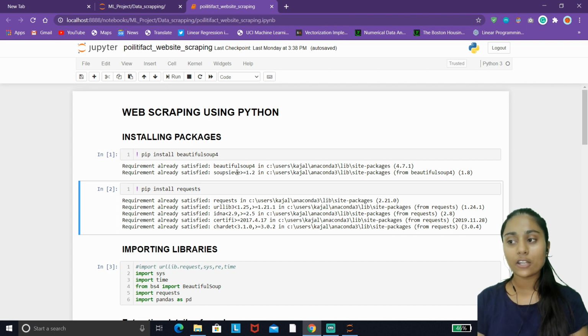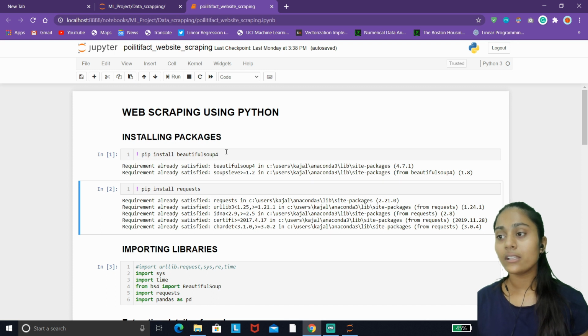Before I start explaining my Python script, if you haven't installed the Anaconda distribution yet, first go and install it. I will provide the download link in the description below, so you can download it from there and use Jupyter as your Python IDE to follow along with me and for better interaction. If you are a beginner, I would suggest you use that only.